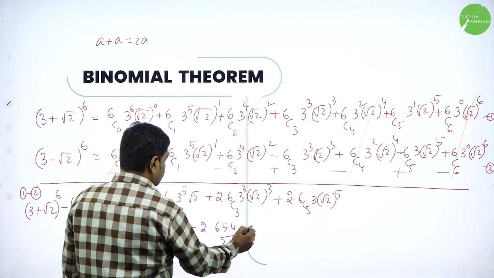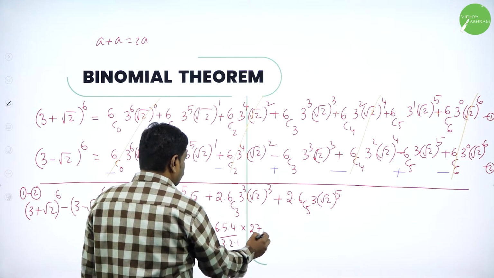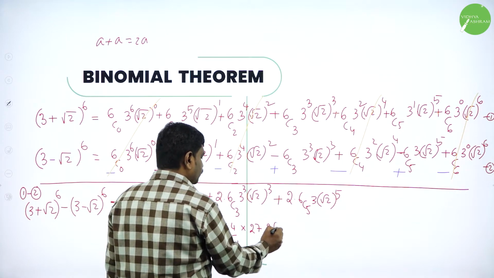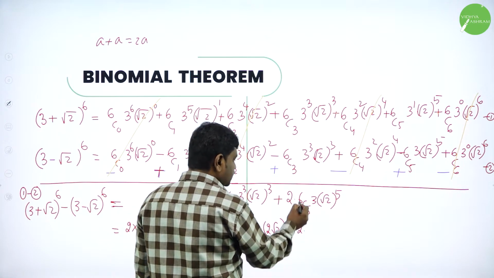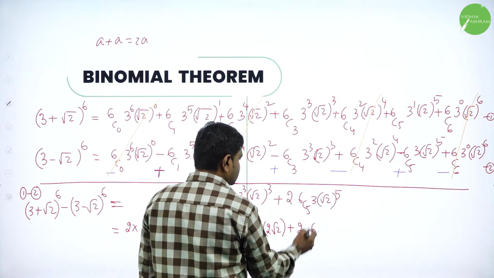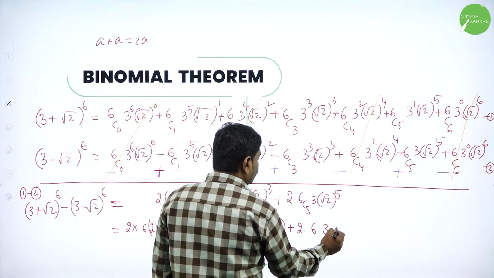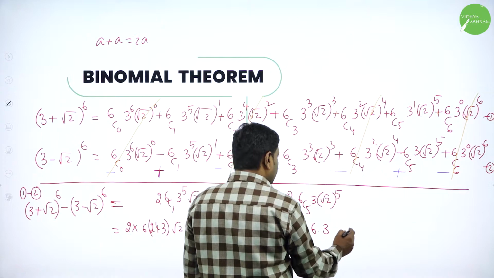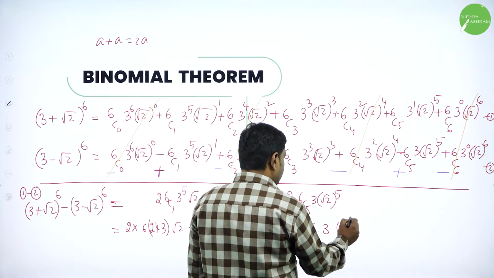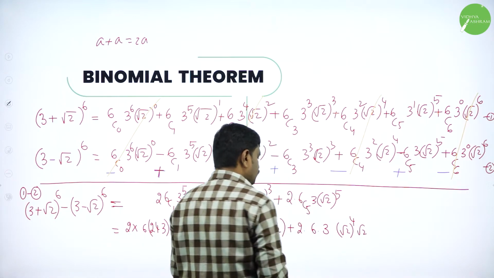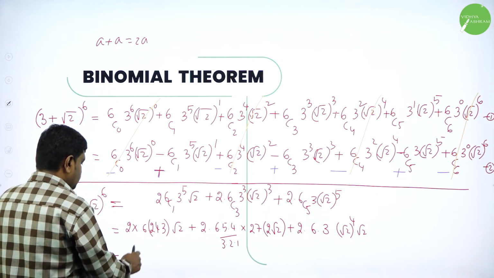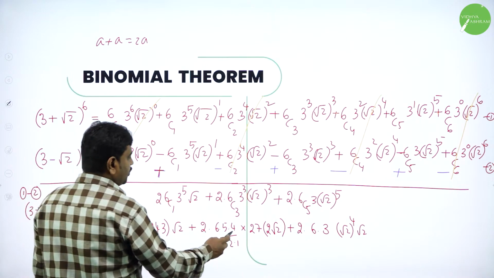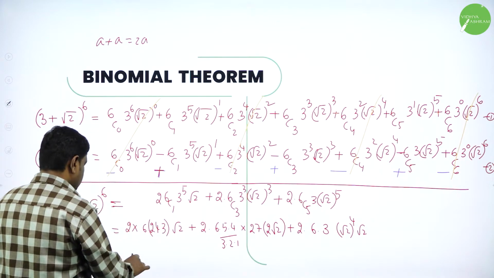3 cube is 27. Root 2 cube can be written as root 2 square into root 2, plus 2 into 6C5, which is same as 6C1, that is just 6 into 3. Root 2 power 5 can be written as root 2 power 4 into root 2. Now further we can simplify this. In all the terms we have 2 common, we can take 2 common also. 2 6s are 12